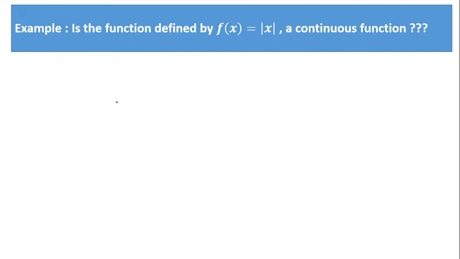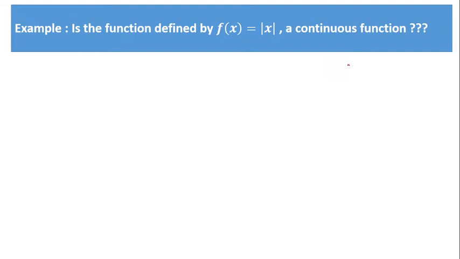So today's problem will start with the function f of x is equal to mod x. So this is nothing but the modulus function. Before actually going into the theoretical way of proving whether a function is continuous or not, we'll see the graph. Just by looking at the graph also, we can say whether a function is continuous or not. How can we say by looking at a graph? Do you remember that? I had told you.